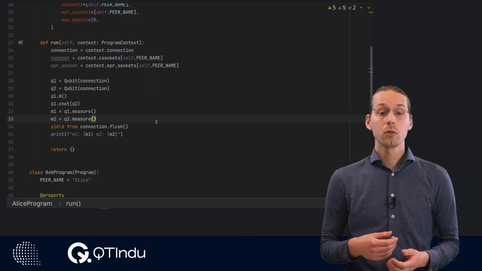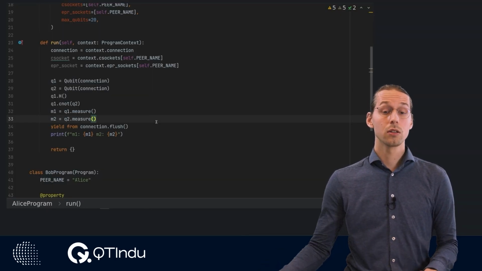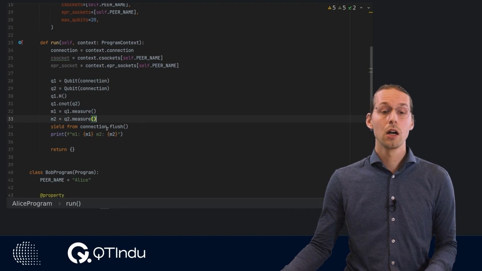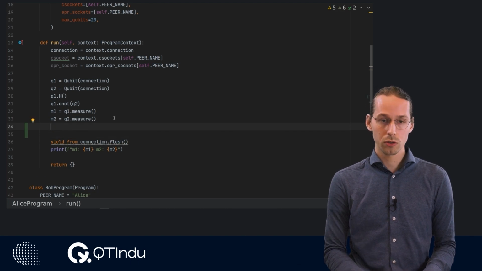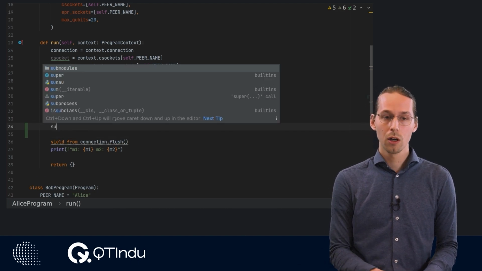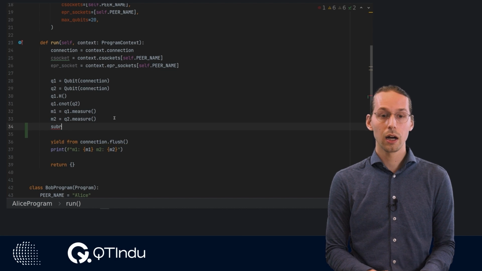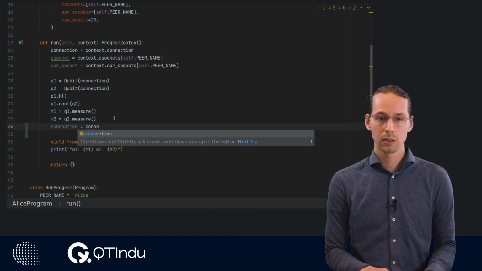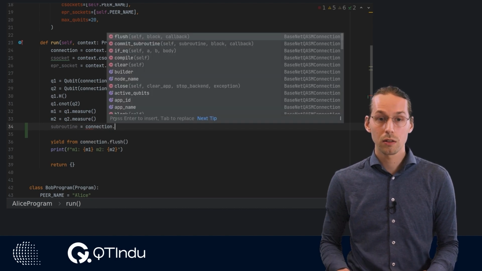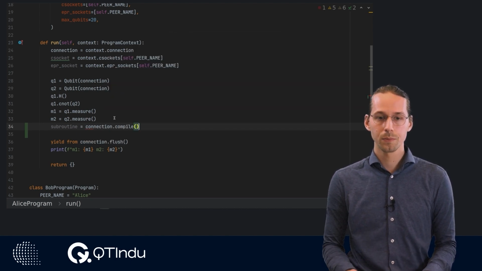Let us move on to netchasm's finer detail, specifically what happens in the connection.flush command. There are two things that happen in the connection.flush, namely first the subroutine is compiled. We can visualize this by first creating the subroutine via the connection compile command.